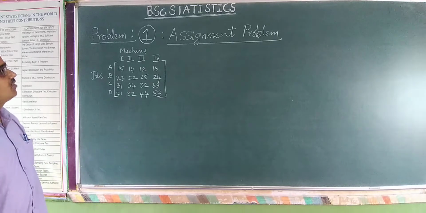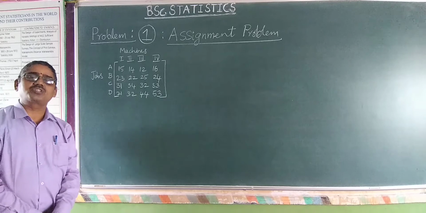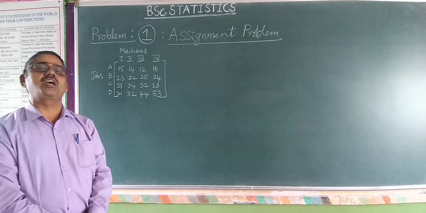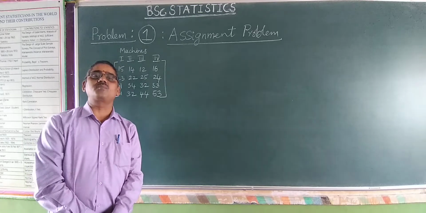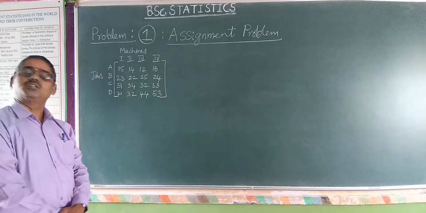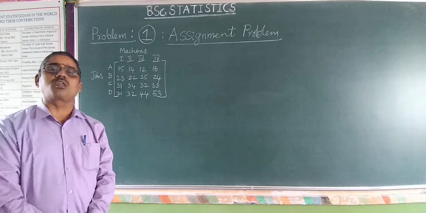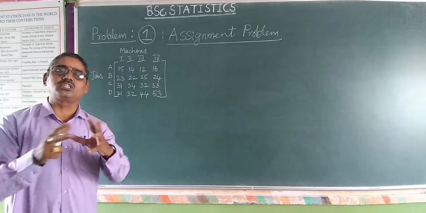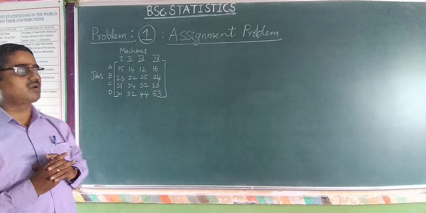Now, first of all we have to check whether the number of rows is equal to the number of columns, which means the number of operations and the number of operators should be equal. First we have to examine this. Here there are 4 jobs and 4 missions. Otherwise we have to introduce a dummy row or a dummy column so that they are equal. So it is n by n, a square matrix. The assignment matrix must be square. That you have to remember, that is step 1.